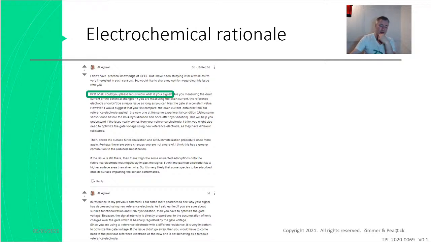Right. So Ali's been asking the question. No, sorry. Ali was basically saying to him on the forum, you have to tell us what the source of the signal is, and he was also asking the question, well, possibly if you change the reference, then you might need to optimize again.